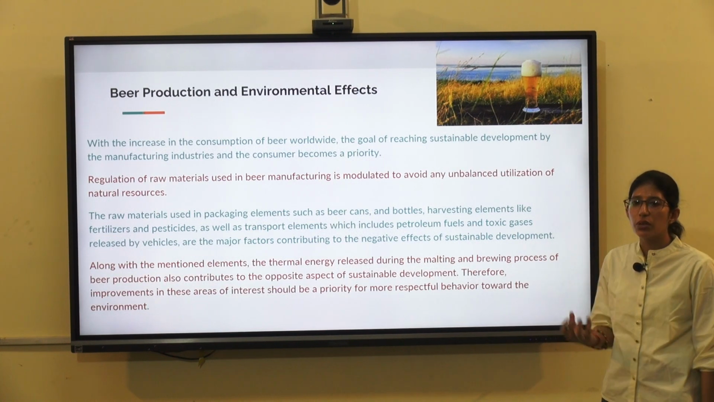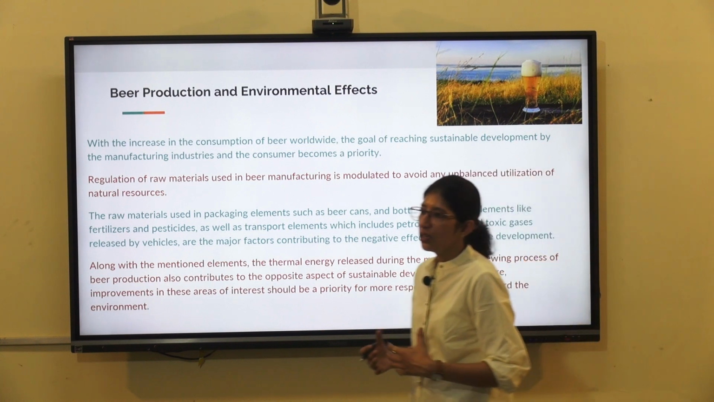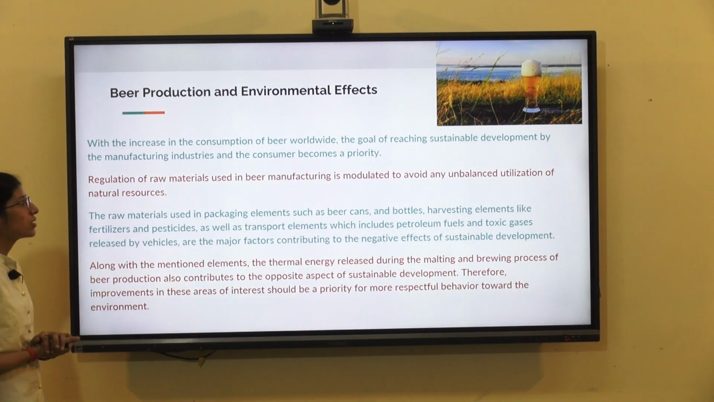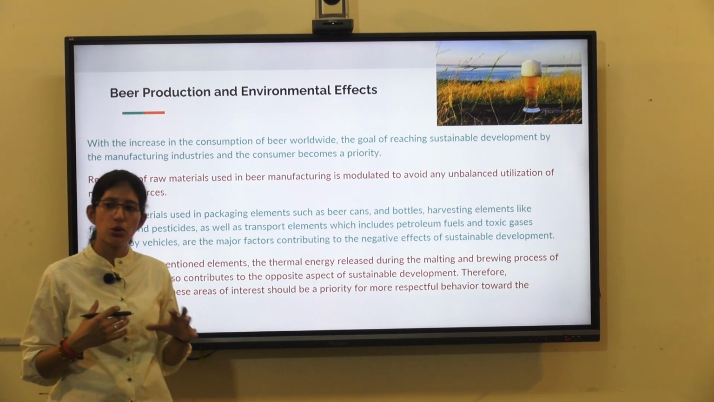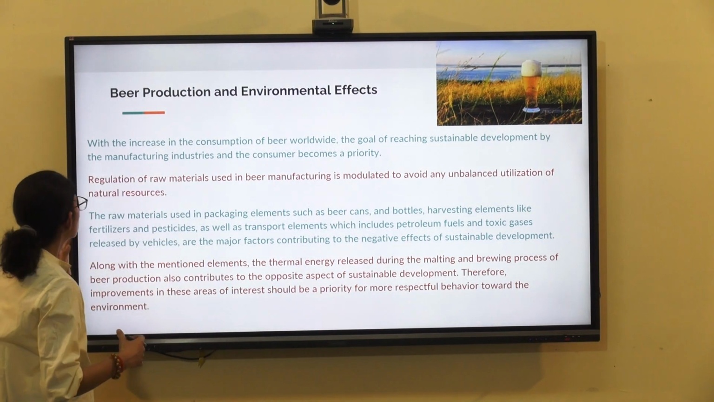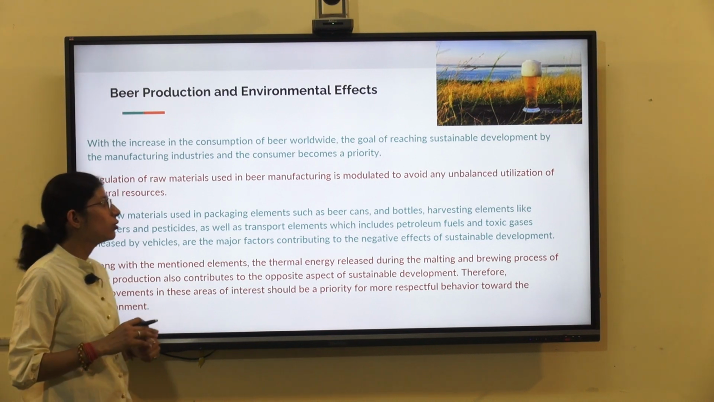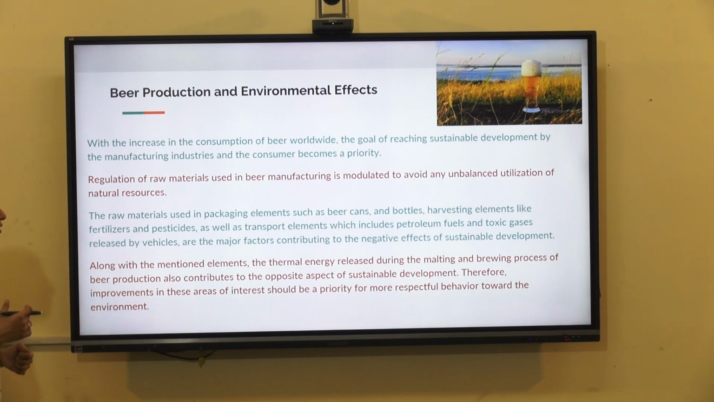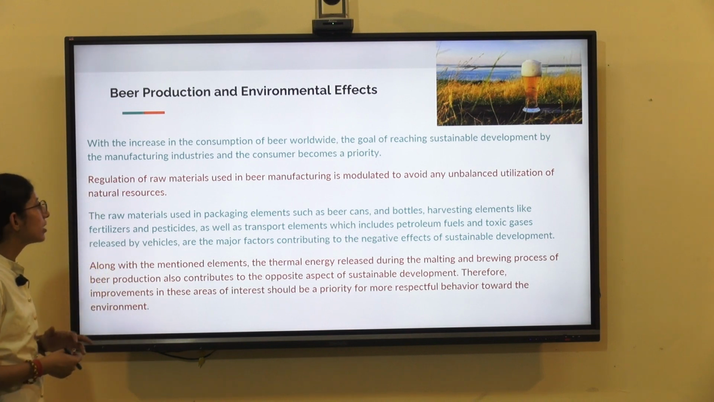Now, what is the beer production process and how is it actually affecting the environment of the entire earth? In this process, with the increase of consumption across the globe, a certain responsibility falls on each one's shoulder to look at what they are recycling and what they are using. Again, regulation of the raw material used in beer manufacturing is moderated to avoid unbalanced utilization of natural resources, followed by raw material used in packaging such as beer cans, beer bottles and beer labels,